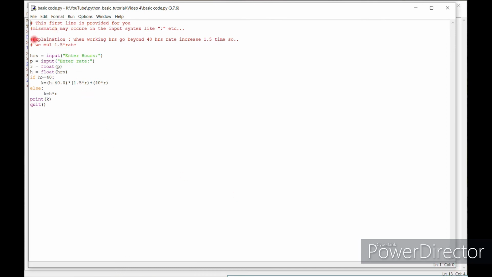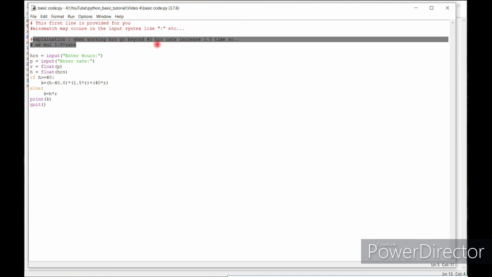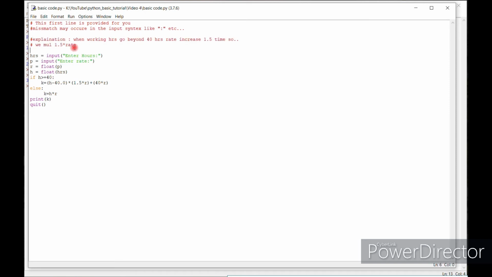The problem here is if the number of work hours is greater than 40 hours, then the rate per hour should be multiplied by 1.5. To solve this, we make this program.